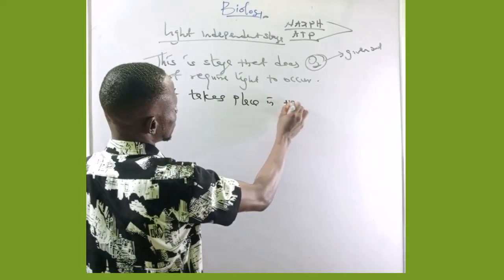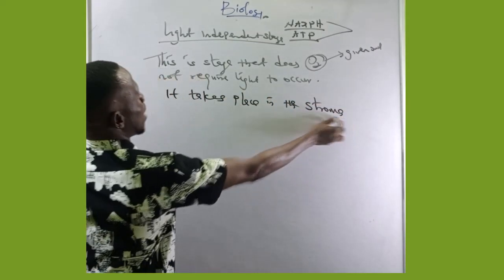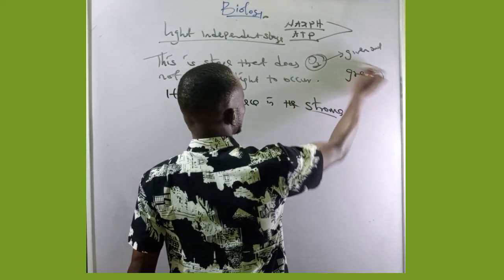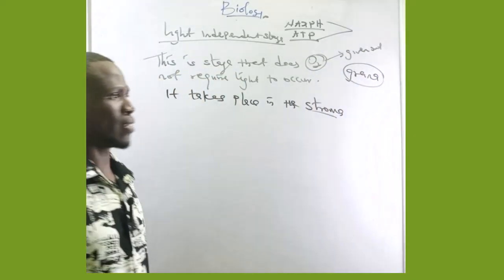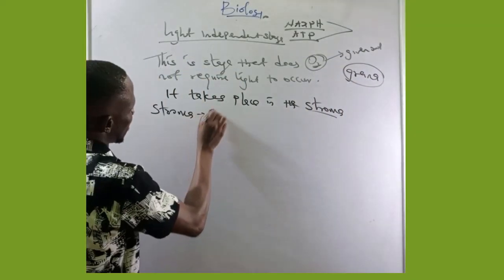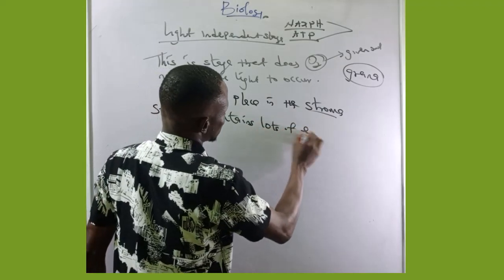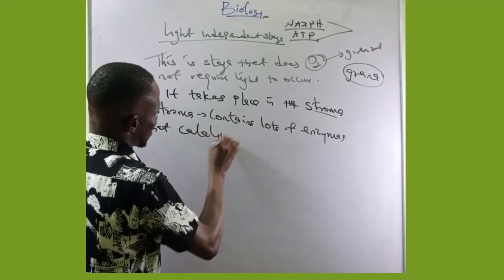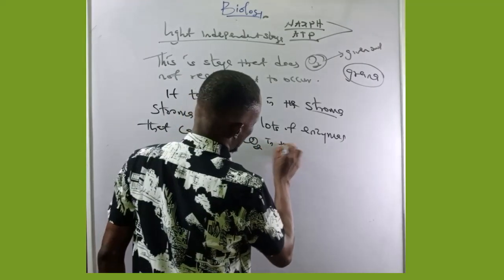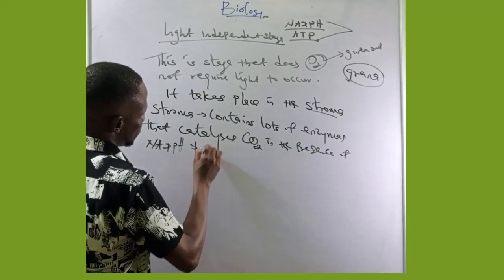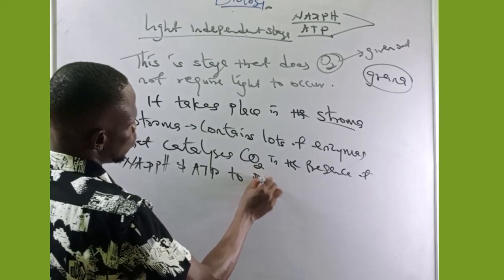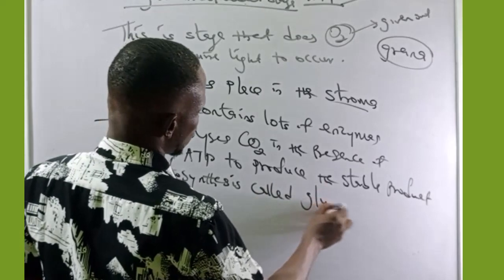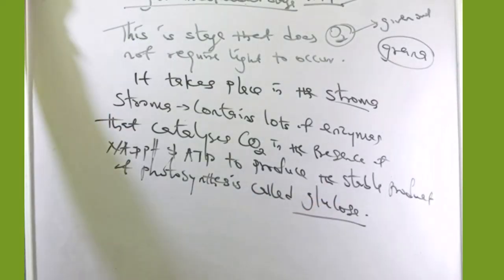It takes place in the stroma of the chloroplast, while the other one takes place at the thylakoid membrane, called grana. So the stroma contains lots of enzymes that catalyze CO2, in the presence of NADPH and ATP, to produce the first stable product of photosynthesis, called glucose. So what happens during this process is